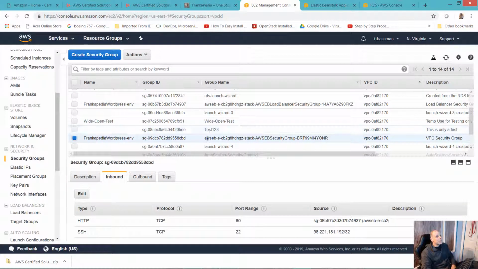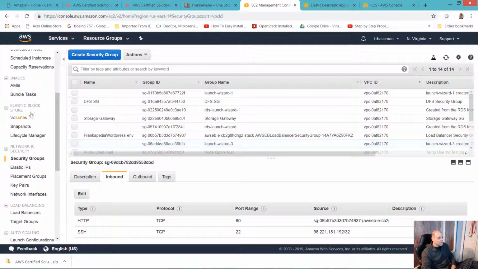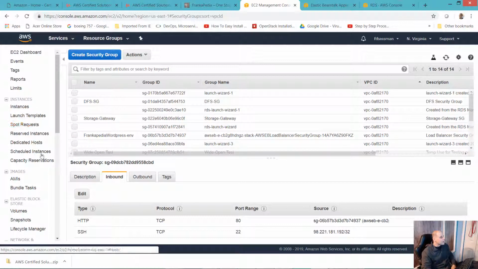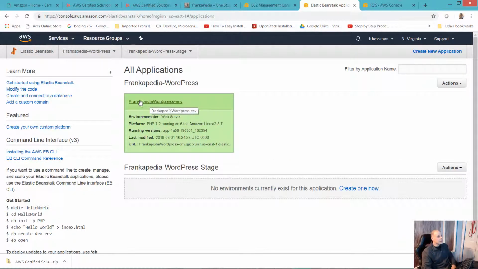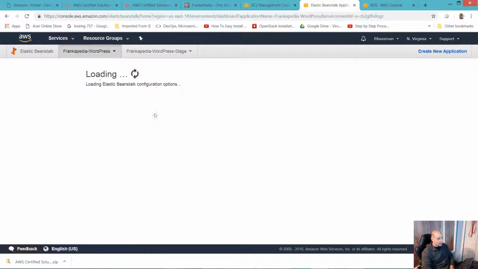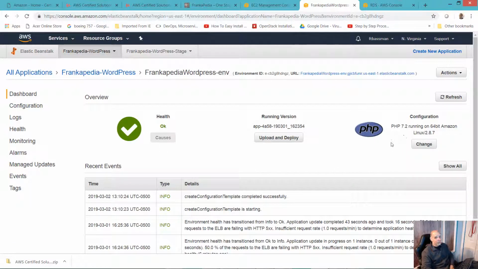Anyway, so this is my personal AWS account. This is where I set up my blog site. It's built on Beanstalk. You could see here, there's a Beanstalk app. This Frankopedia environment that I have in here. It's built on PHP 7.2 on the Amazon Linux AMI version 2.87. This is the current app version that I deployed using a Git repository that I set up on my laptop, and then I pushed it using Git and the Beanstalk CLI.